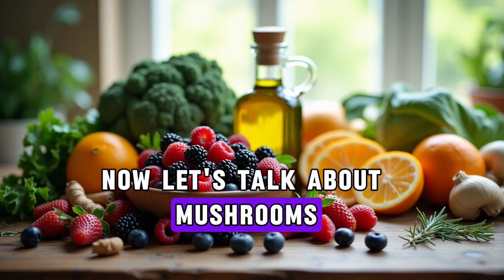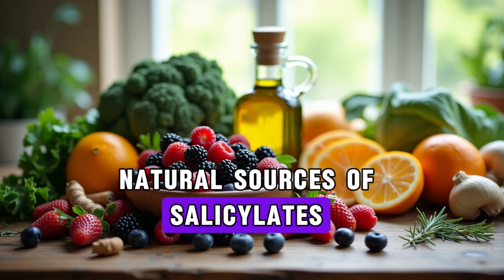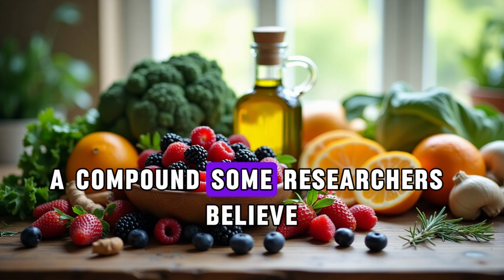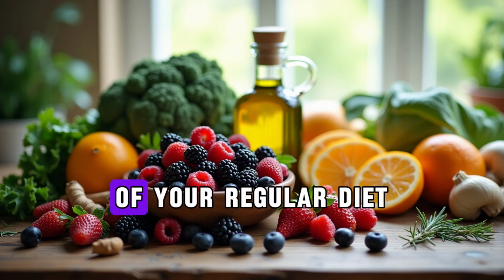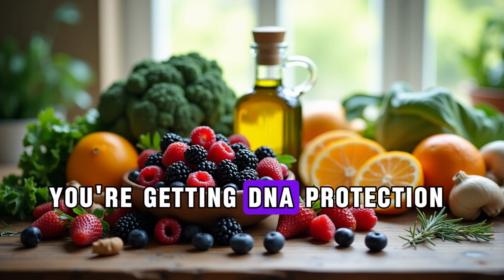Now let's talk about mushrooms. White button mushrooms and shiitake are among the highest natural sources of salicylates. But mushrooms also bring beta-glucans, which modulate the immune system, and ergothioneine, a compound some researchers believe should be classified as a vitamin due to its unique cellular protective properties. When mushrooms are part of your regular diet, you're not just getting the anti-platelet benefit, you're getting DNA protection, improved